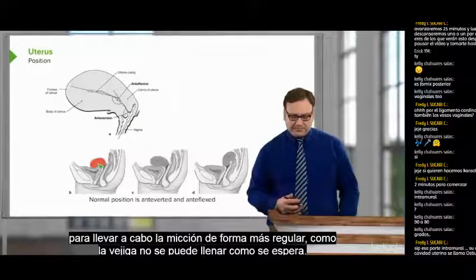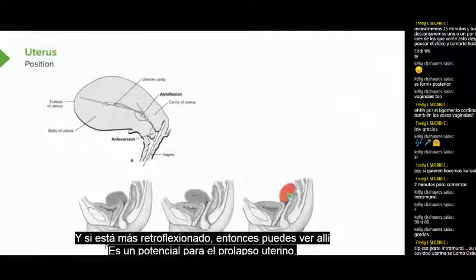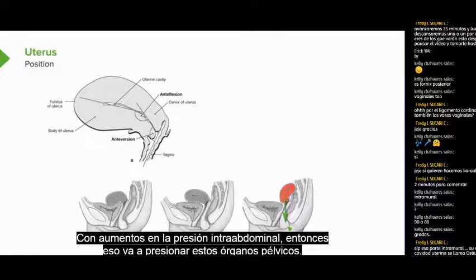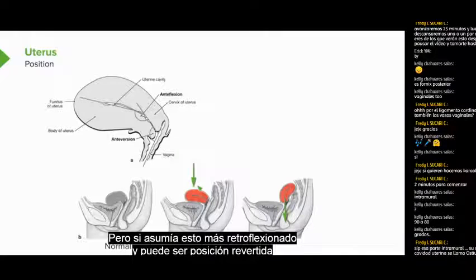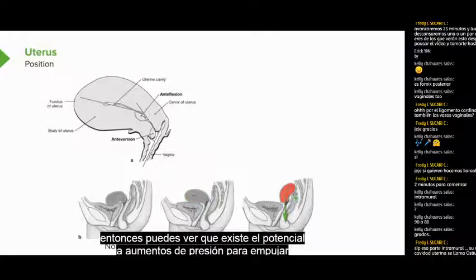And if it's more retroflexed, then you can see there's the potential for a uterine prolapse. With increases in intra-abdominal pressure, that's going to push down on these pelvic organs. And usually the uterus would be pushed against the bladder here. But if it's assuming this more retroflexed and maybe retroverted position, then you can see there's the potential for increases